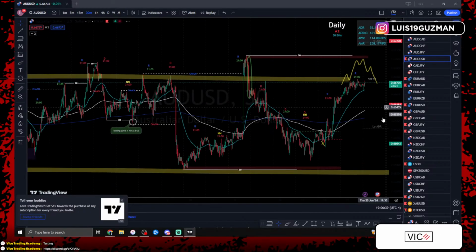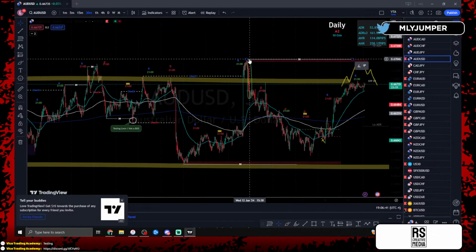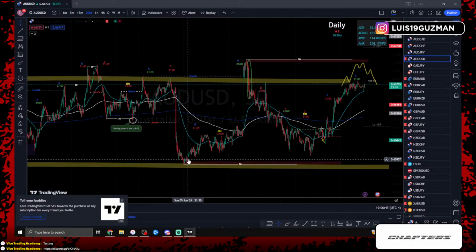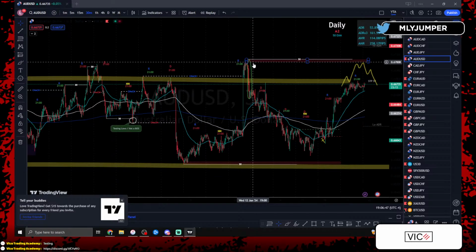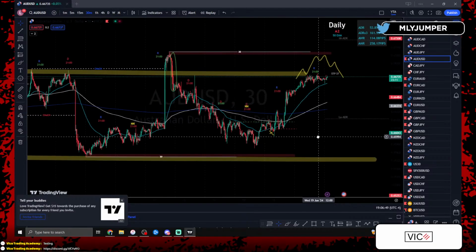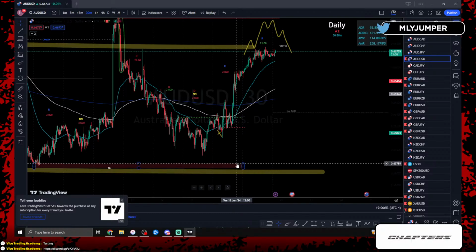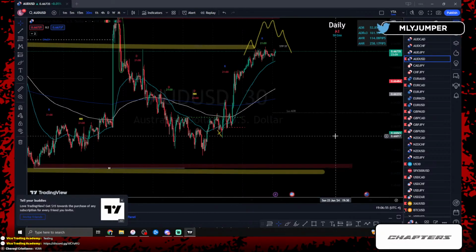We still know that overall we're still trading between this higher high and this higher low, right? We had this break which gave us this low and this high, right? So at this point we know we don't have any tests of the lows, right? We still have strong lows and strong highs.